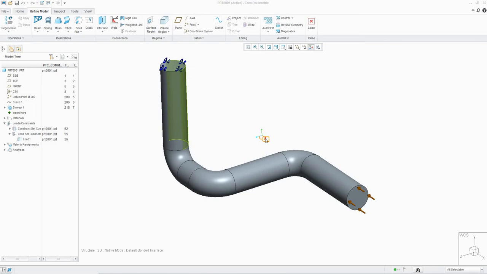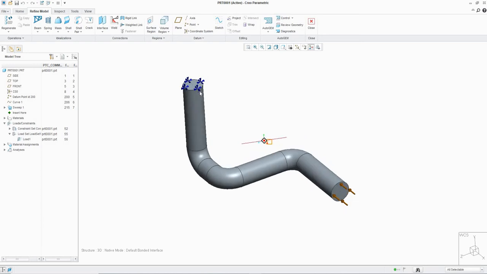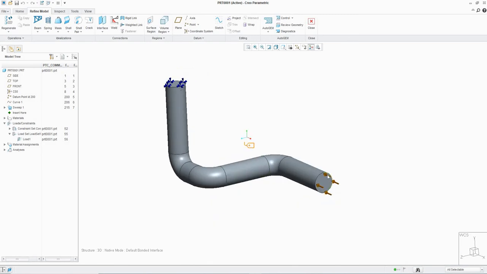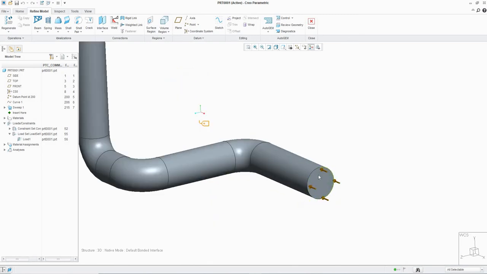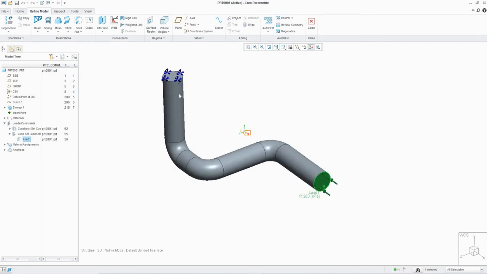The model that we have here is like a tube, and regarding the features of FEM, I have defined the fixed constraint here in this area, and then I have applied a pressure in this area, and the amount of this pressure is 200 kilopascal. The material of this geometry is aluminum. After running the model,